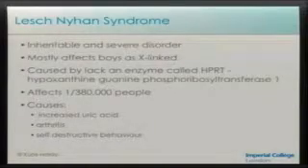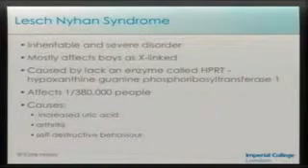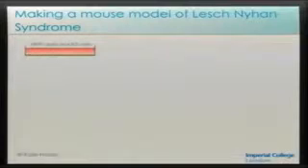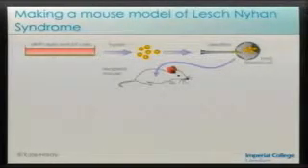It's caused by a lack of an enzyme called HPRT, and it's a very nasty disease. One of the most horrific things is it causes this self-destructive behavior where the affected children chew their fingers. So it was very nasty indeed. So what Alan did was create embryonic stem cells which lacked this key protein. They were isolated. I injected them into blastocysts and then transferred them into recipient mice so they could develop to